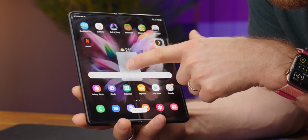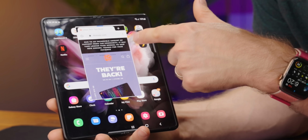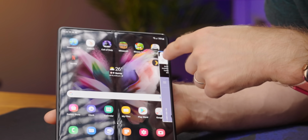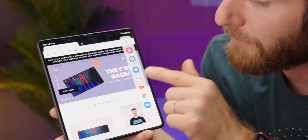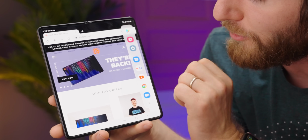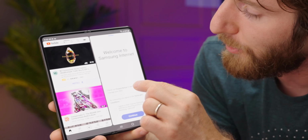So we just drag it here for pop-up view, and then we can resize it, a little something like that, and we can just have our browser right over here or wherever the heck else it is that we want it. That's pretty neat. I will figure out this side-by-side thing. Bloody hell, it's the same as the old one. So you swipe in from the side, and then you can actually have pre-configured side-by-sides. Say for example, you wanted to watch a YouTube video while you're browsing the web, you could do that. Or you could just grab YouTube and go,